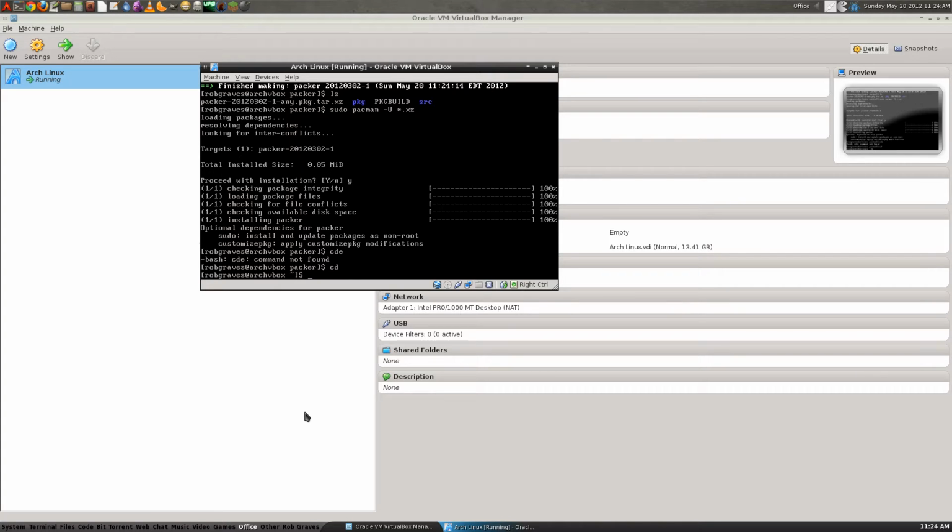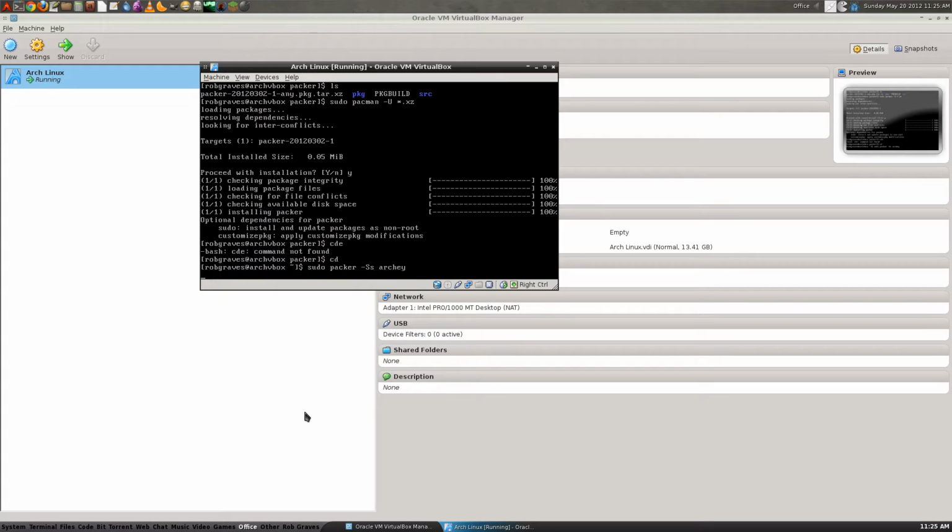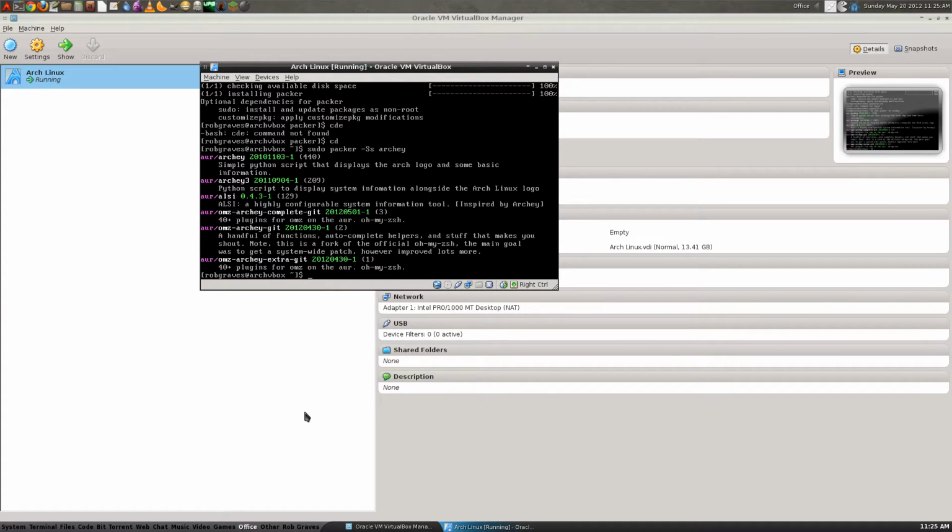And it uses the same syntax as Pacman. So you can do sudo packer -S, capital S, to install something. And actually you can do this with Pacman too, and then a lowercase s to search. We'll look up, say, Archey. Right there next to it in pink or purple you can see AUR, that's the repo. If it was something in the actual repos, it would say core, extra, community, or multilib. But that's from the AUR: Archey, Archey3, and so on. But I can up arrow and get rid of the lowercase s and actually install Archey